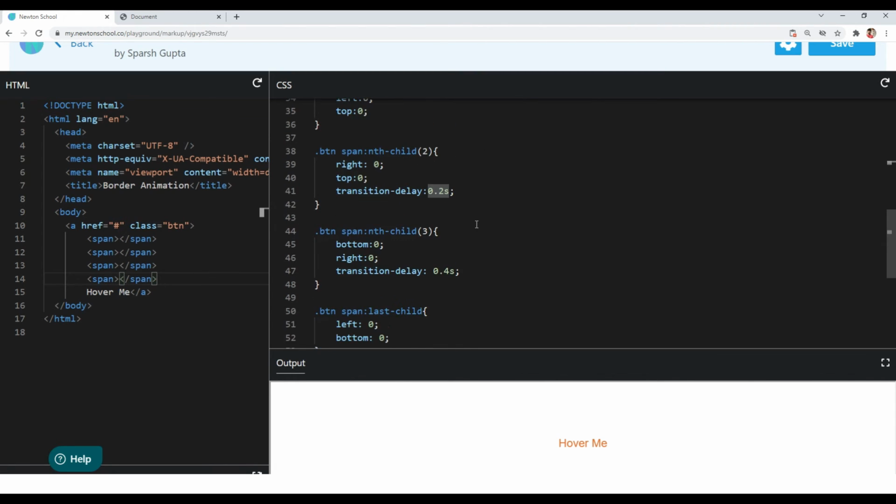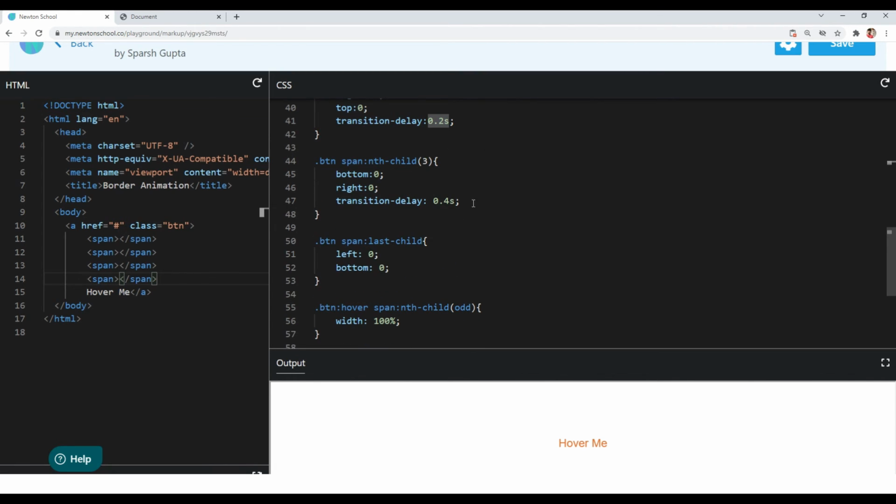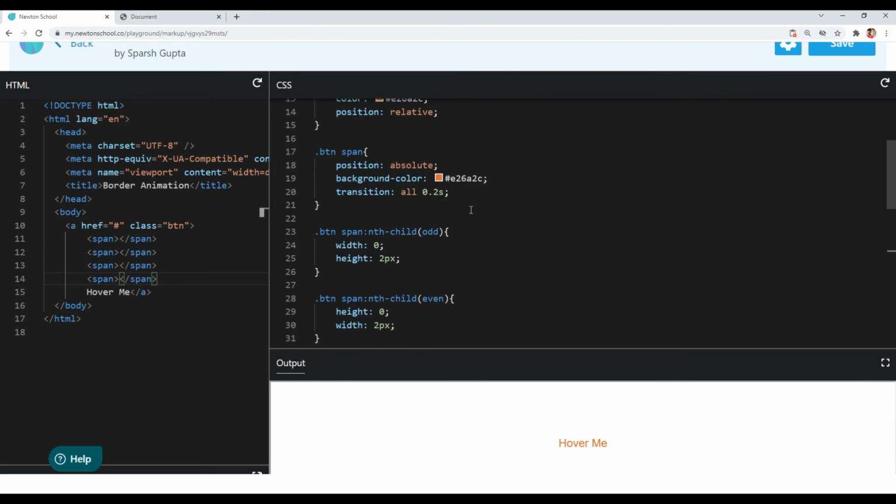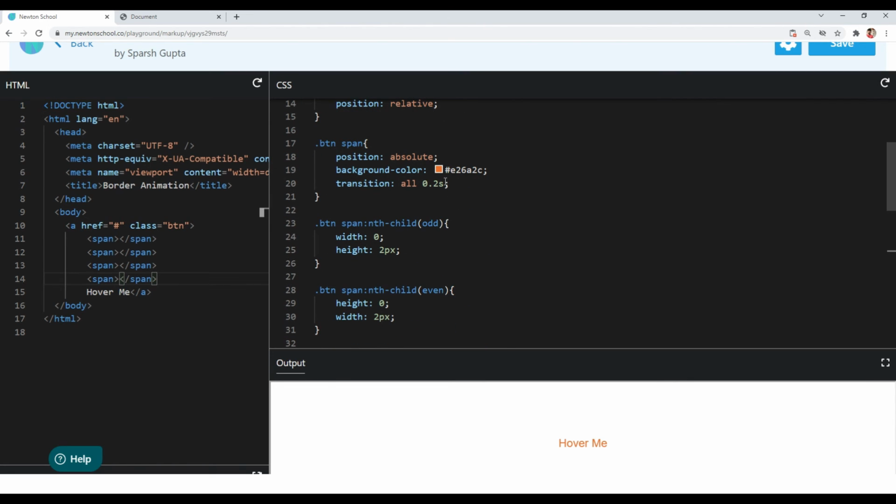So we have to delay the transition of our third child by 0.4 seconds, and similarly we have to do it for the fourth child. We have to start the animation of our fourth child when the animation of our third child gets finished. Our third child will start its animation after 0.4 seconds and the transition duration will be 0.2 seconds, as you can see.